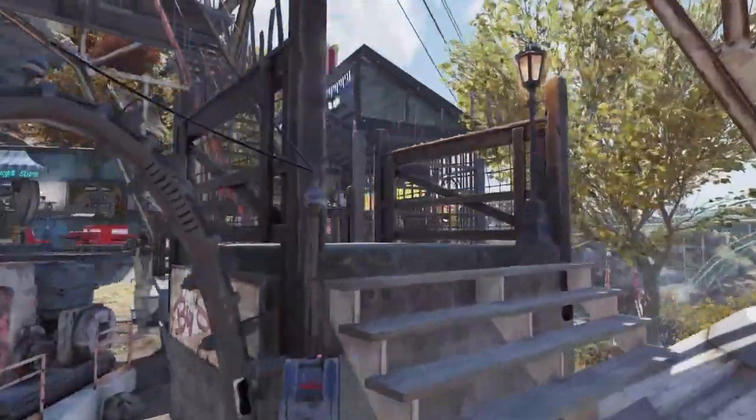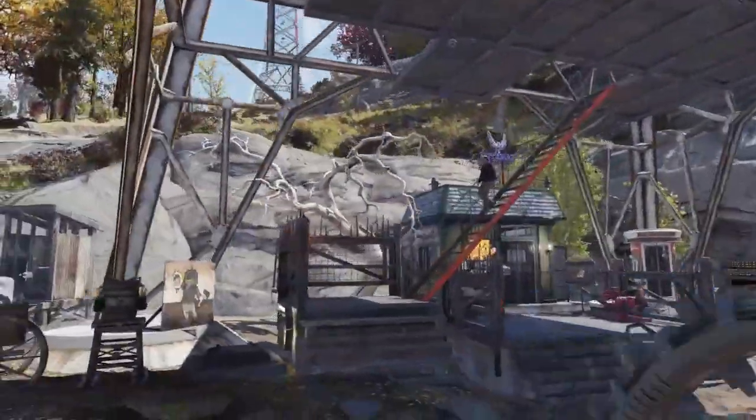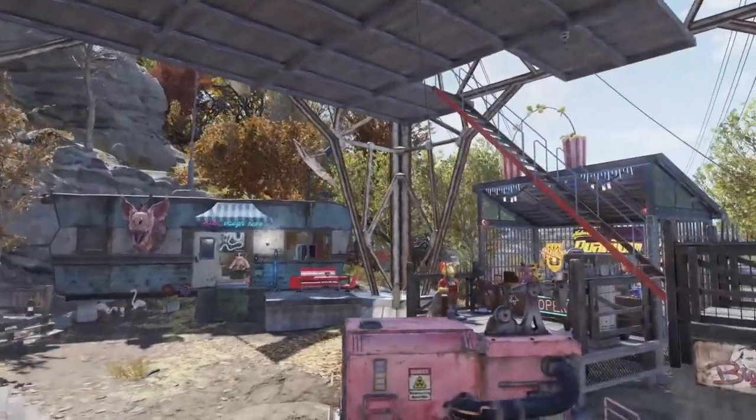Now we'll go up. Leo's walking up that way, so we'll walk up this staircase. And the good part is when you do this, once you set the first one, the other one just automatically